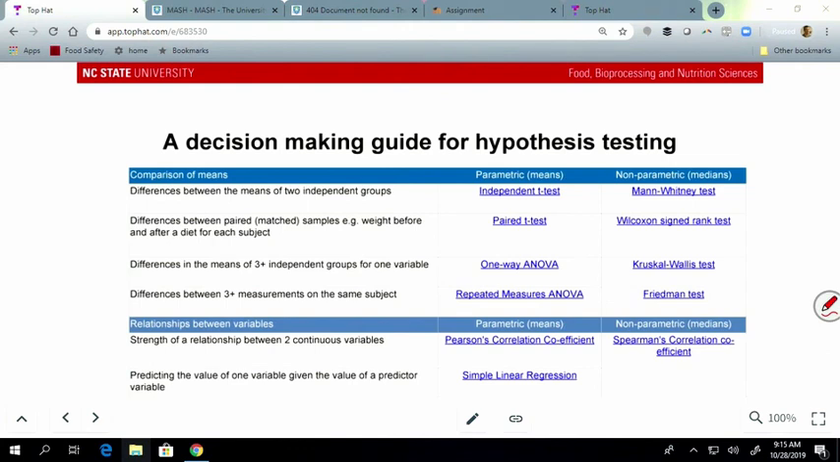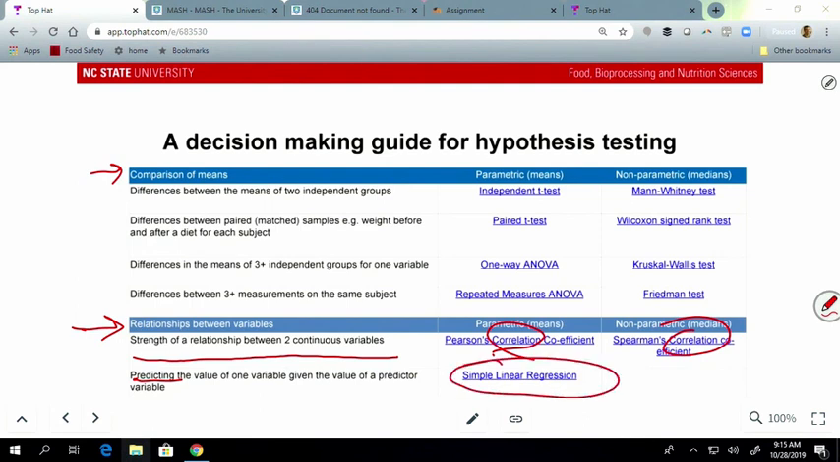And then we get into, instead of comparing means, we can look at the relationships between variables. We want to look at the strength of relationship between 2 continuous variables. Well, there we're going to be doing a correlation. But if we want to predict the value of one variable given the value of a predictor variable, then we can do a regression. So